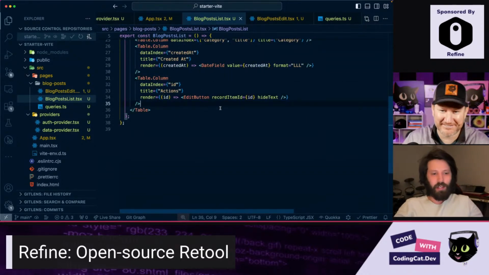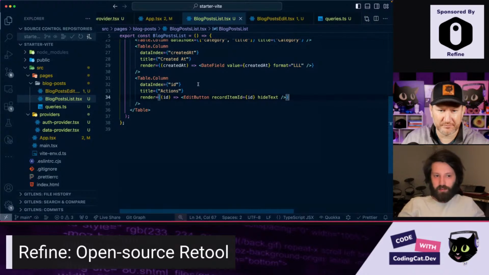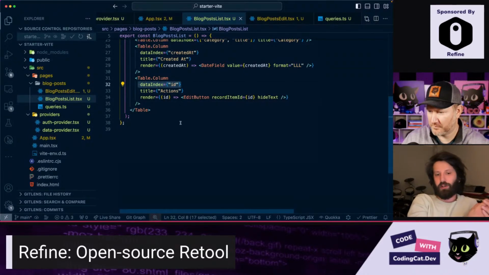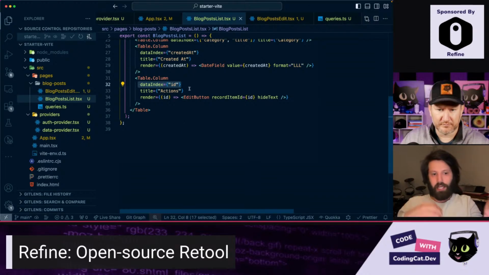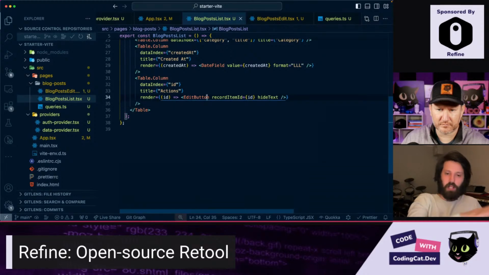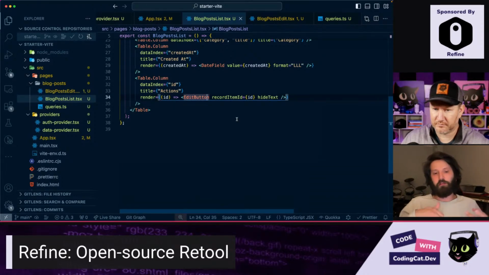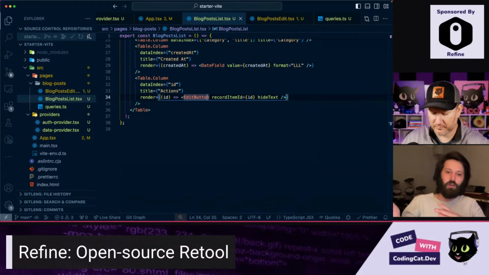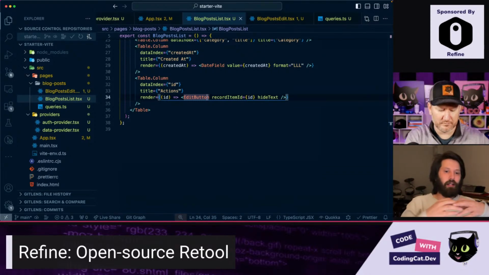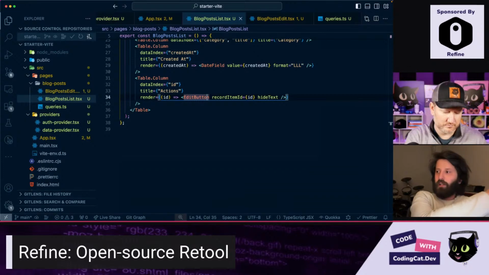The thing with that, we use ID as data index because we need to know which record to edit. So we need to get ID. So we use ID and edit button again. This is some flavor that you can build yourself. But if you have i18n and different language translations, and I'm going to show you if we have time left,